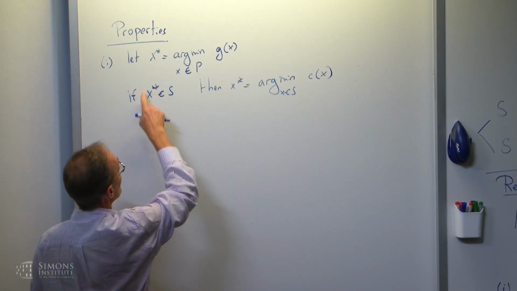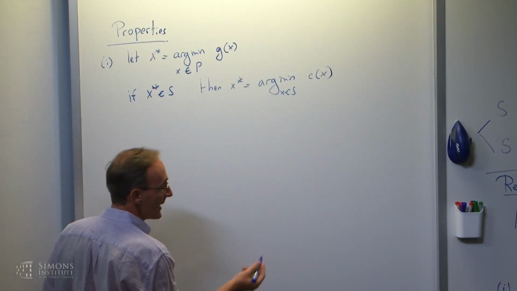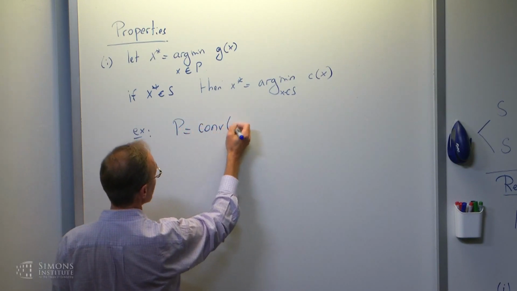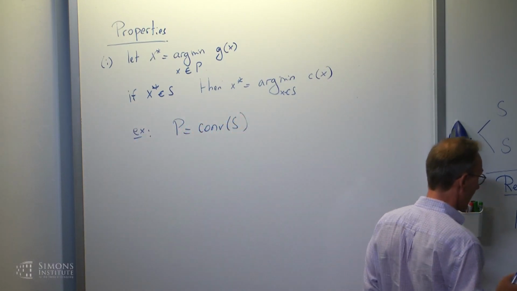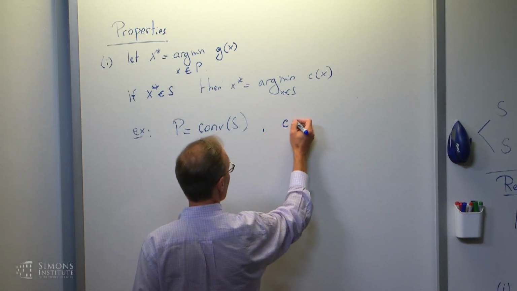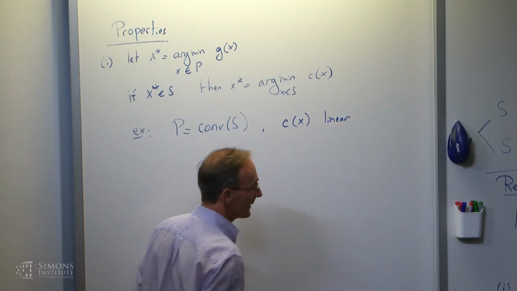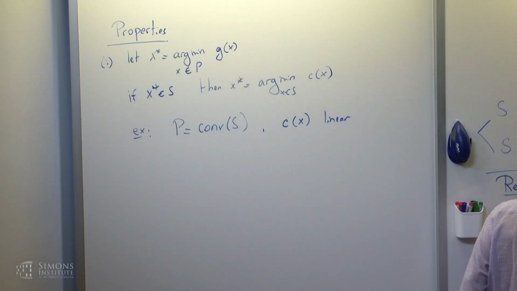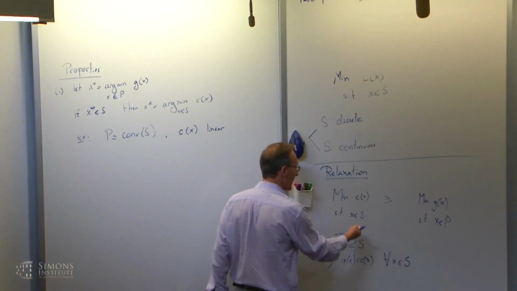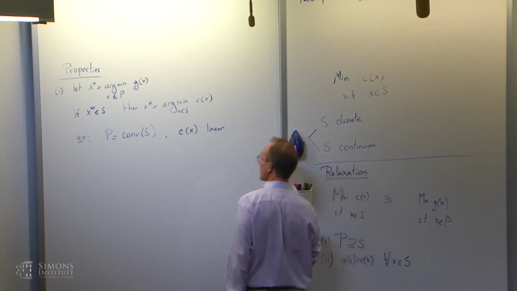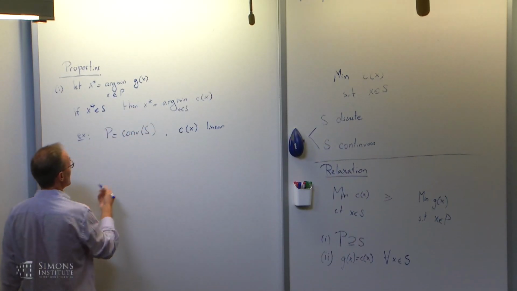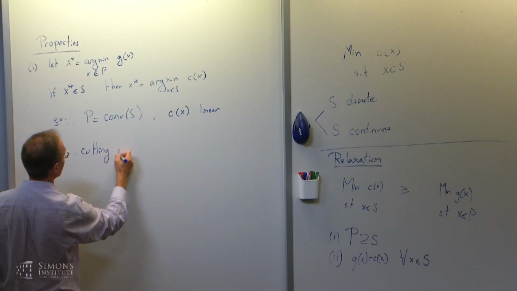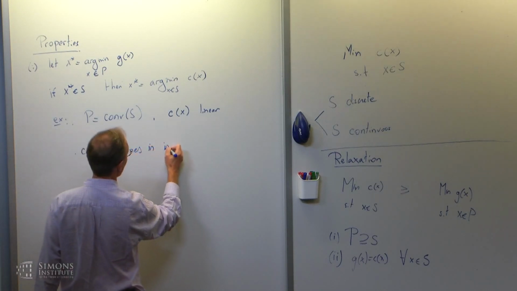And how could we manage this? For example, if we succeed in having P be the convex hull of S, and c of x is linear, then we know we'll get an extreme point. The element that we get in P will also be an element in S, and then we have equality. This idea is also very much used in cutting planes in integer programming,